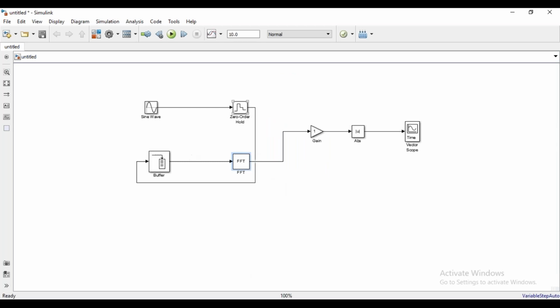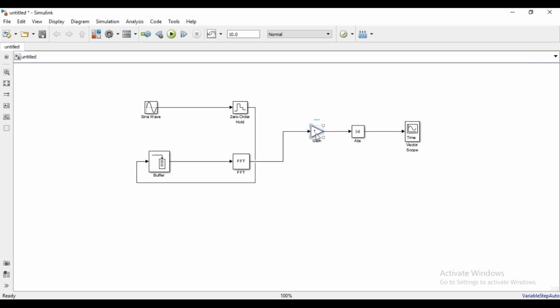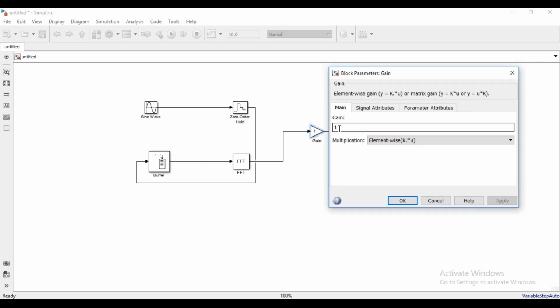Then the output: the sine wave is converted into samples, then we pass it through the buffer, and then finally we give it to the FFT. Once the FFT output is ready, it's given to a gain unit. So let us define gain. In the buffer we have done the buffer size setting as 1024. So when you are defining gain, you define gain as 1 divided by 1024.